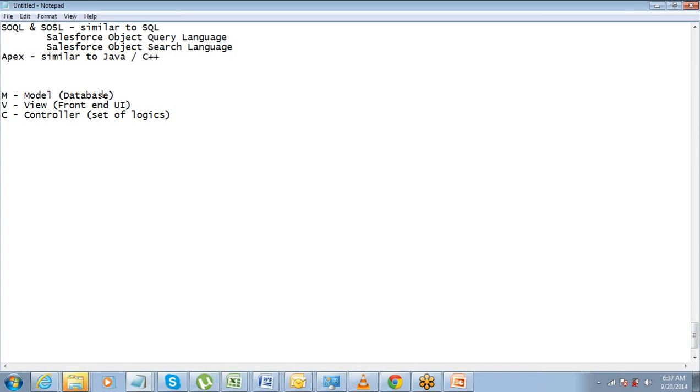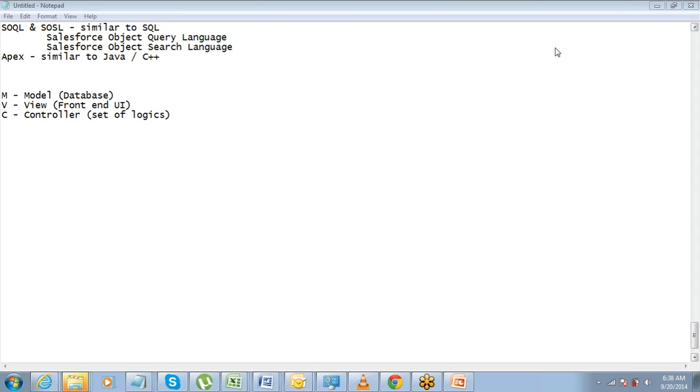Can you think of any other example of MVC that you use in real life? Any other app you can think of, apart from Salesforce? I guess any web-based application runs on Java.